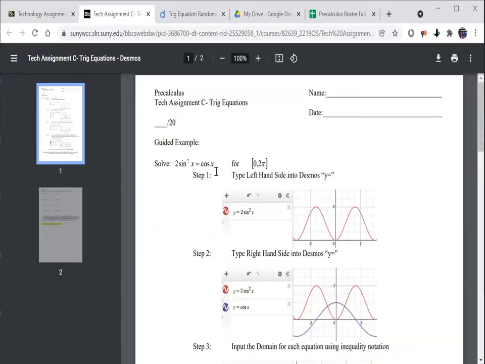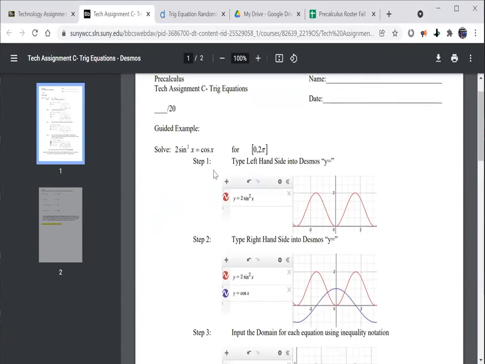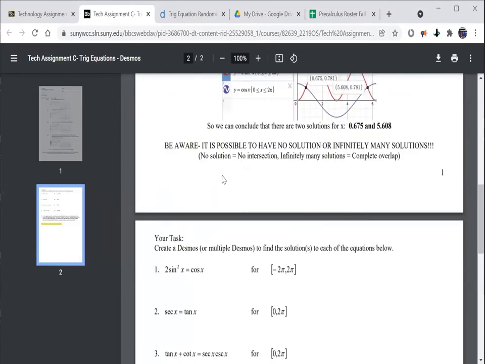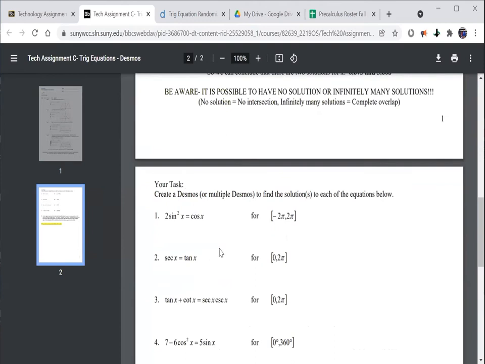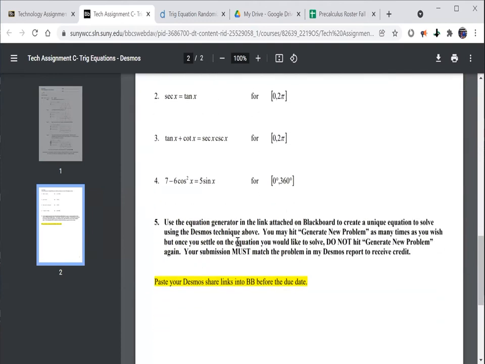All right, so I gave you a guided example here. It walks you through it step by step. I don't think that's probably the best idea to just rehash the same guided example. It's kind of a waste. You have a set of problems that you're going to do, and then the fifth problem is going to be the